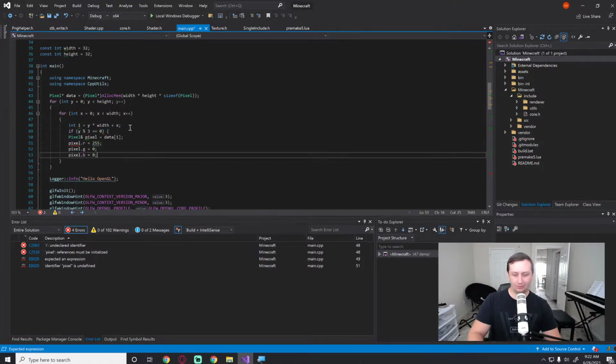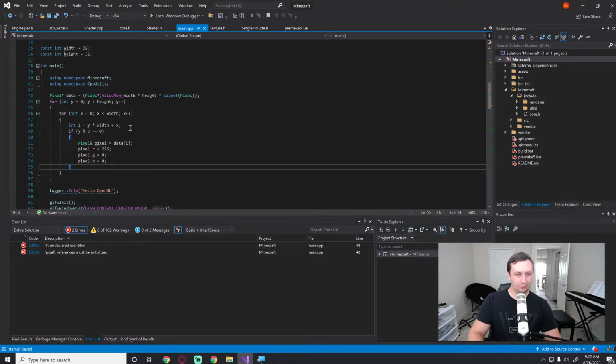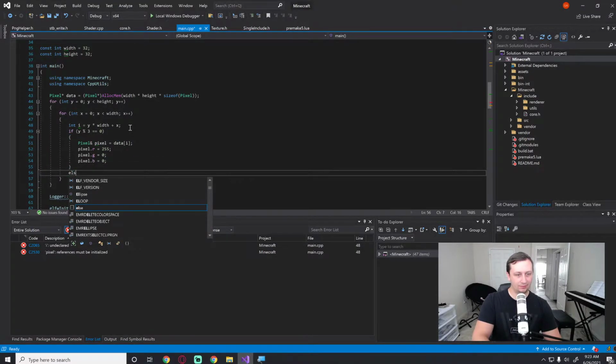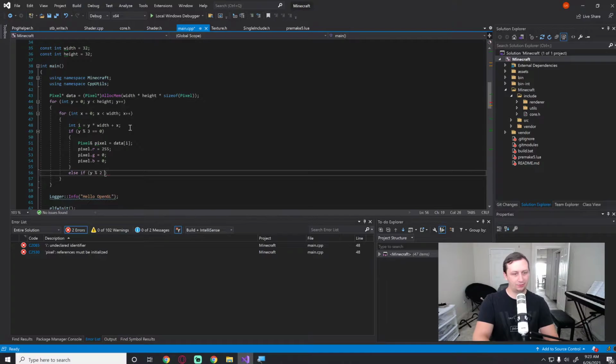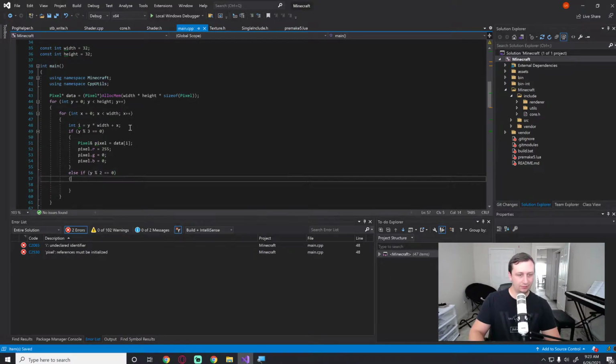So every third row we'll do this. Else if y mod 2 equals 0, and y mod 3, well, actually I don't have to worry about that, right? Since I'm going, yeah, okay, we should be good. So basically every third row we'll do red,